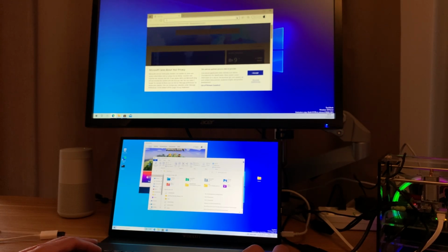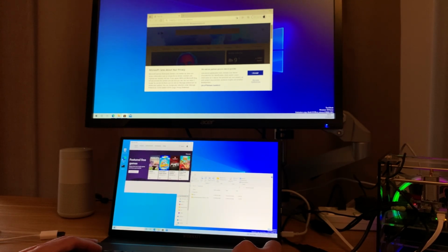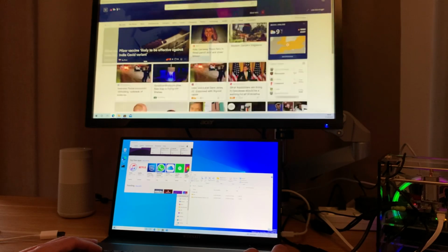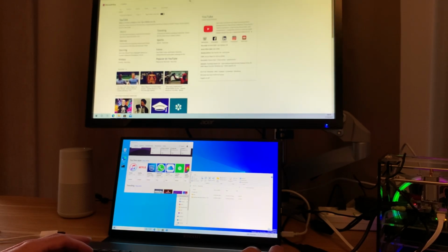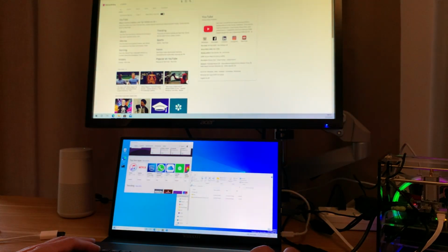On the bottom screen, if I wanted to play around with files and folders, so I wanted to go to my downloads folder or whatever, but also I can have a look at the Windows Store as well. So I can flick through that, and let's do this top screen as full. Just do a search for YouTube. Actually be worth having a status monitor as well, wouldn't it? So if I go Control-Alt-Delete, Task Manager,